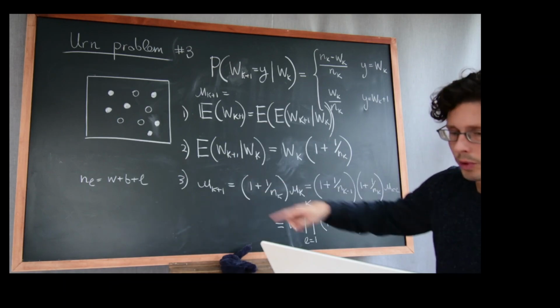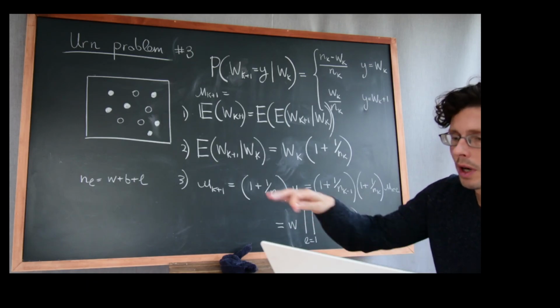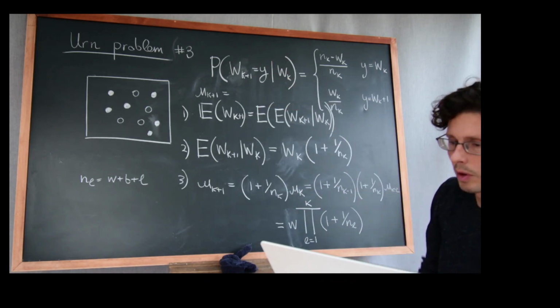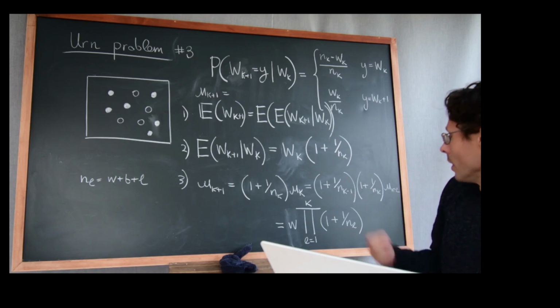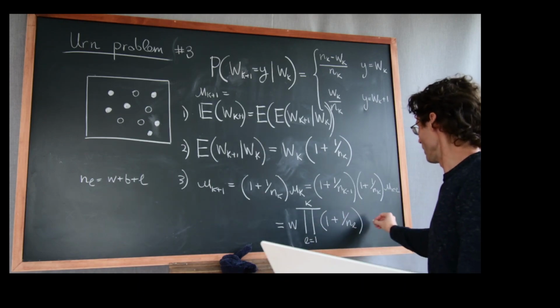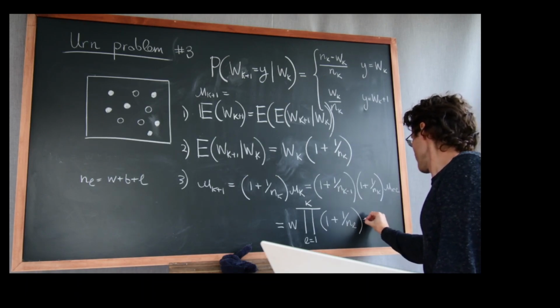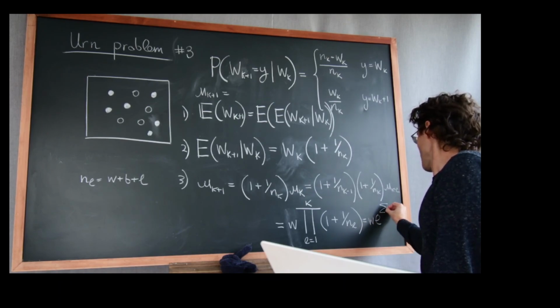Is it possible that eventually the number of white marbles just becomes constant and stops growing, and the number of black ones keeps growing forever without bound? So you could try to see if that's true. Turns out to not be true. I'll give you a little bit of a hint. You could try to see if you could write this as exponential. You could try to write this as W times exponential sum log